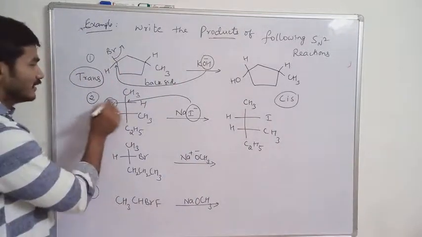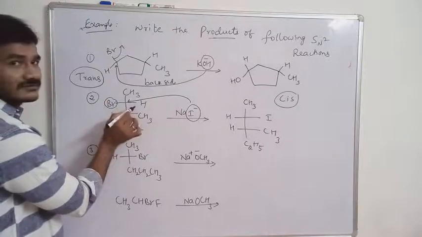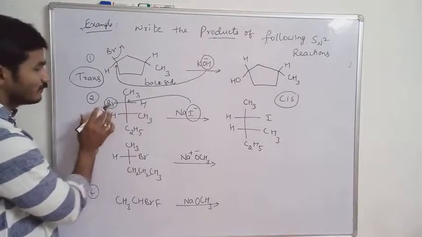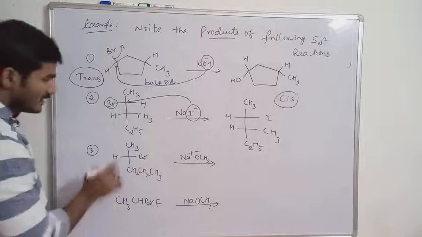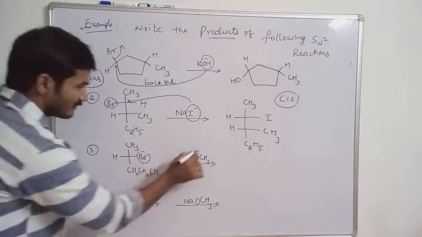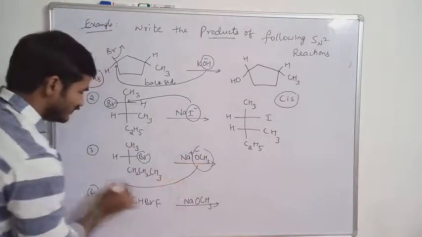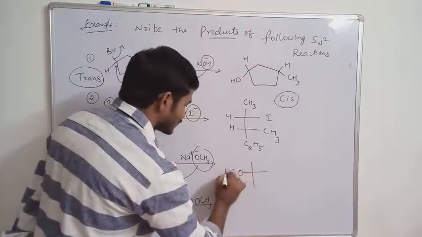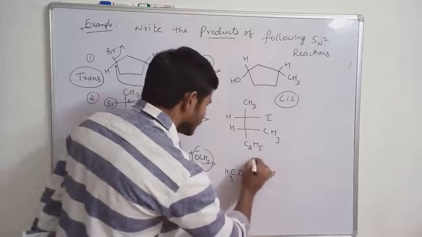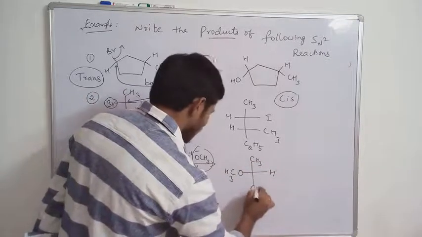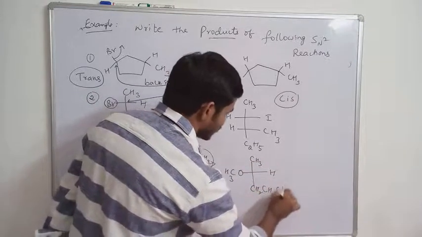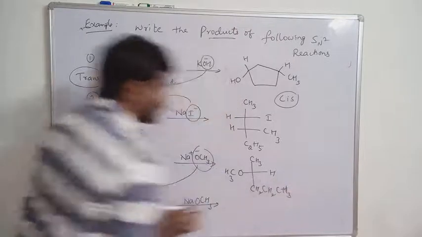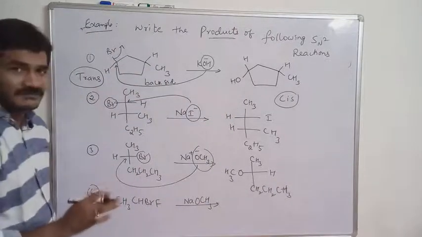Here Br, the product where the nucleophile attacks here. Opposite direction. With Br as the leaving group, on the opposite side we get the nucleophile. In this one, here we have Br, and one nucleophile here, methoxide. This attacks from the back side. So the product has the methoxide group here. Here H, CH3 and CH2CH3. Okay, simple. The product writing is very simple.